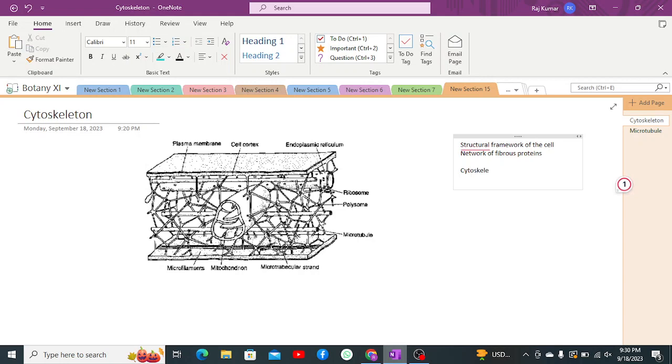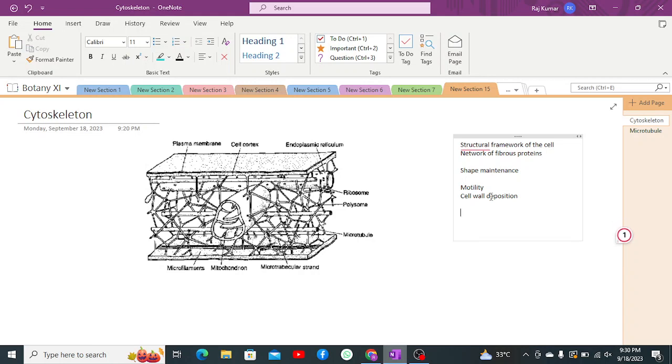First of all, the cytoskeleton assists in shape maintenance. As well as that, it allows motility in the cell, motility of organelles such as cilia and flagella, as well as the streaming movement of cytoplasm. Cyclosis is also done by the cytoskeleton, apart from which it also helps in cell wall deposition,